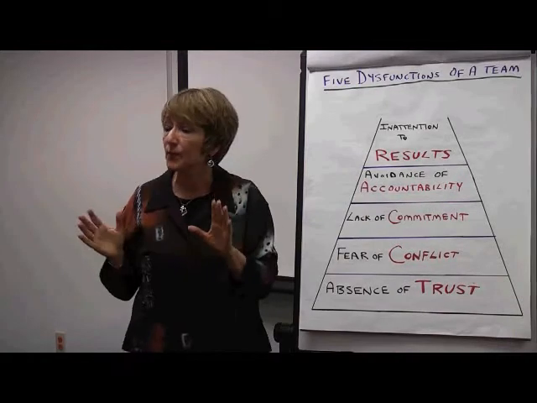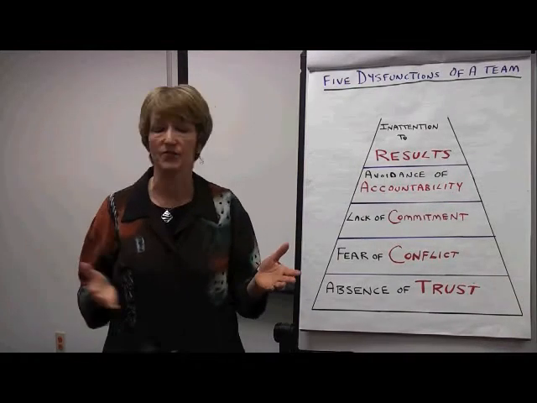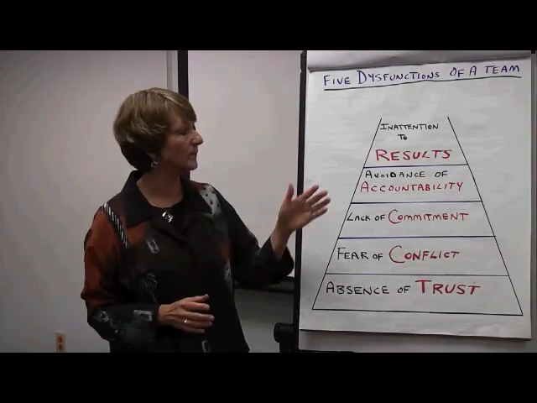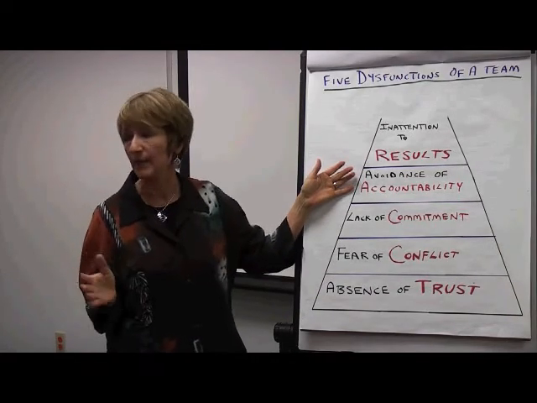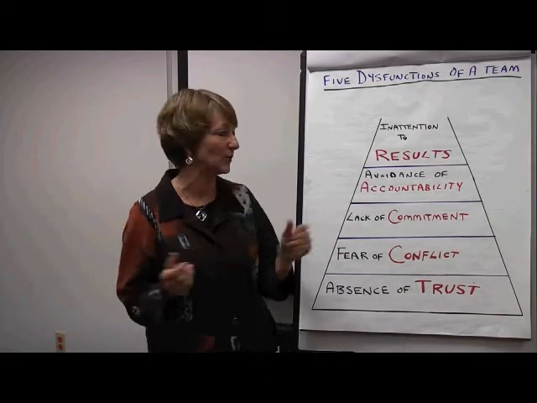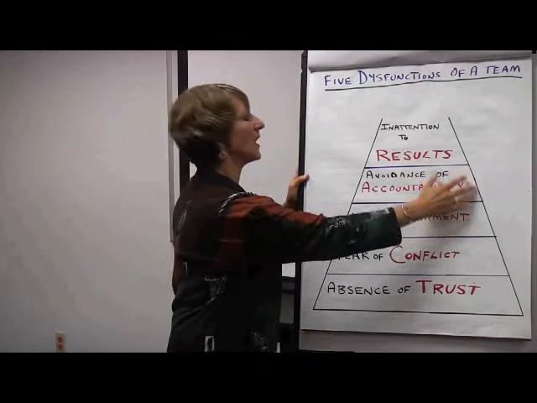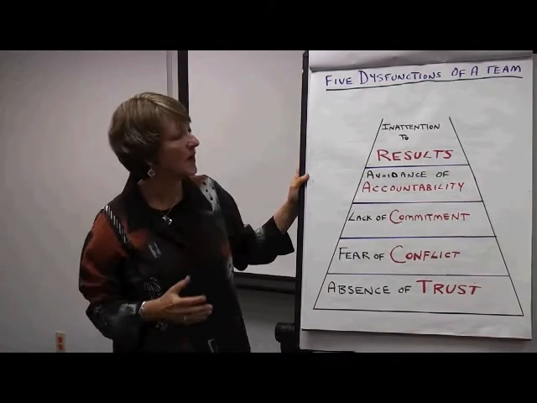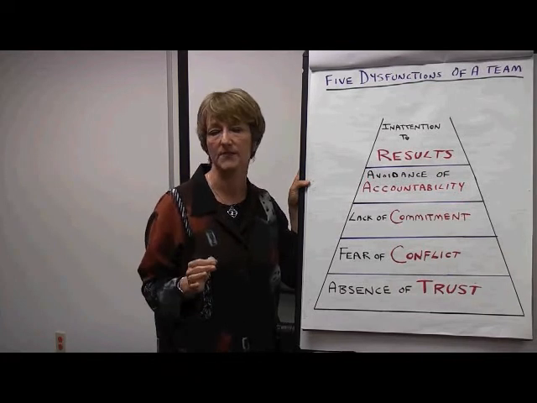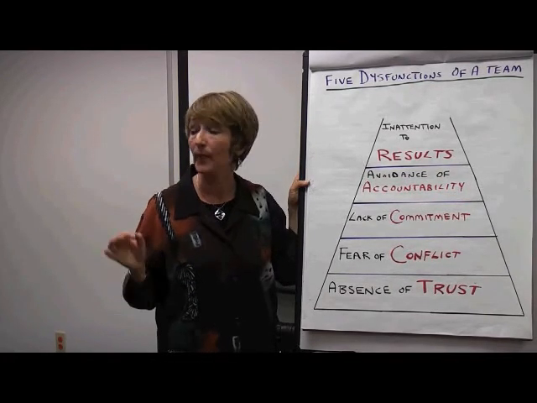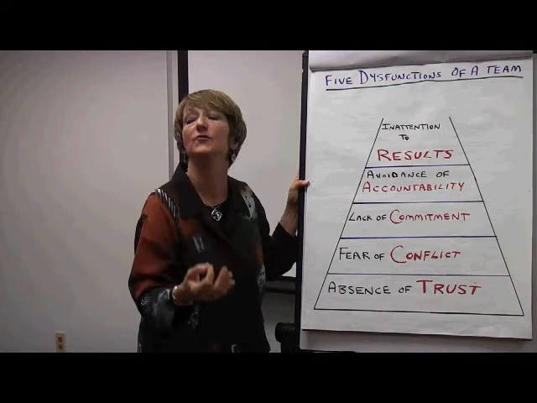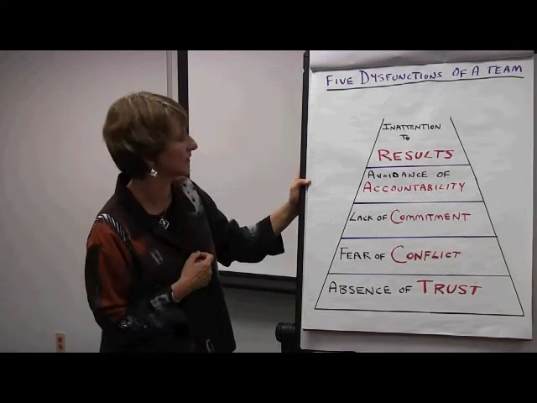Then if there's a lack of commitment, what's the impact going to be on accountability, avoidance of accountability? Now, this word, unfortunately, has gotten a bad rap these days, and that's a whole different conversation that we could have about accountability. But in the context of 5 dysfunctions of a team, accountability has to do with the team members' willingness to call each other out on the project, to call each other out on have you delivered what you were supposed to deliver to me when you were supposed to deliver it.